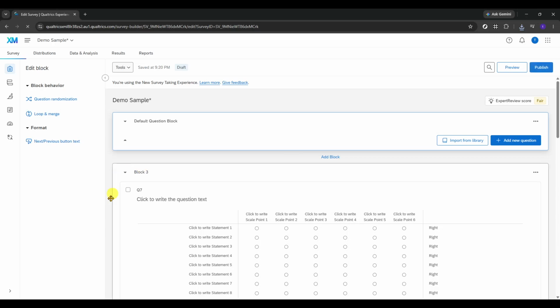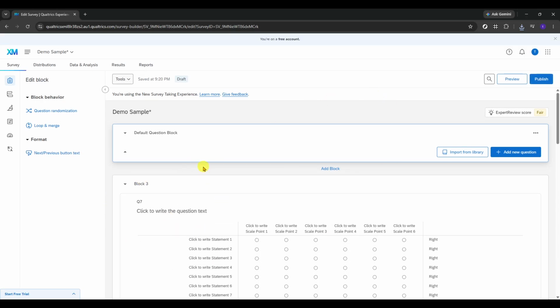Hello, today we will guide you through how to export data from Qualtrics to Excel. If you need to review survey results outside of Qualtrics, exporting them to Excel is a simple and useful option. This makes it easier to sort responses, filter data, share results with others, or continue your analysis in a spreadsheet